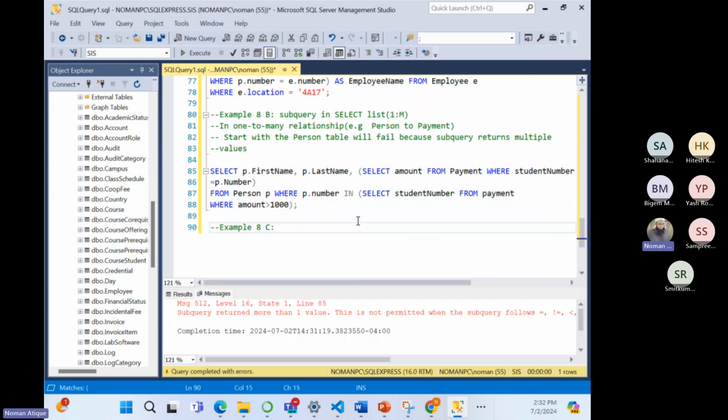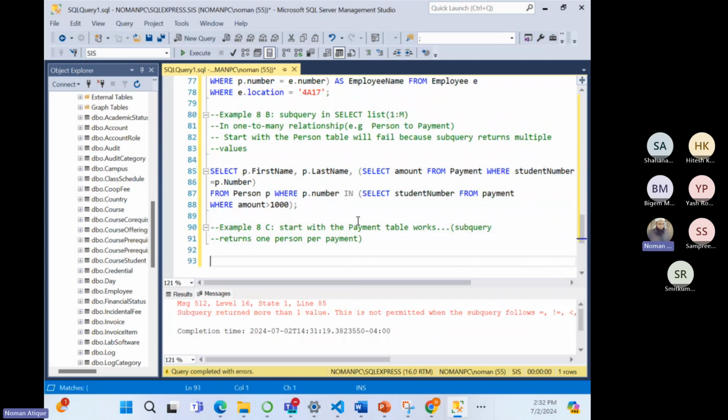So if I say 8C, start with the payment table, it works. Why? Because the subquery returns one person per payment,